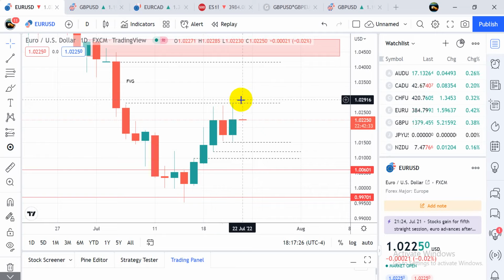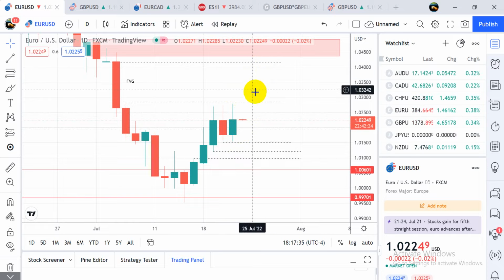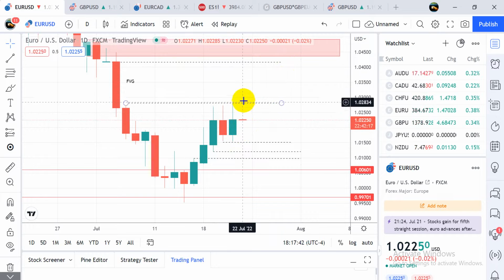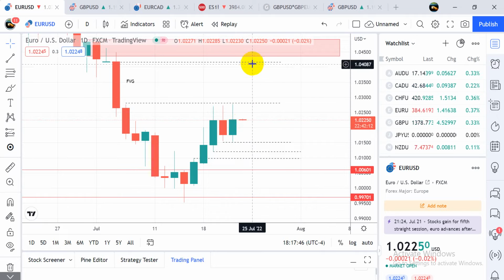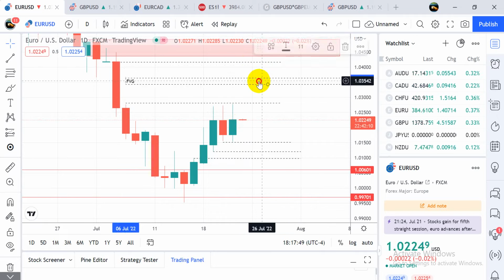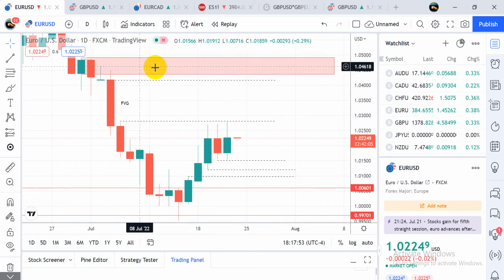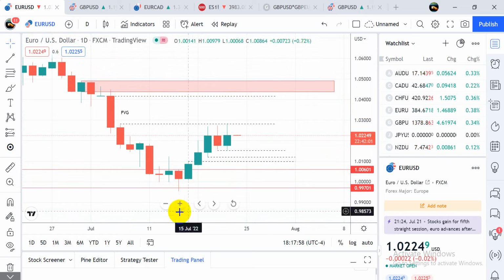before I would expect them to come for the buy side, because I know they're going to spend more time on the buy side, because I would expect this fair value gap to be filled. I would expect this fair value gap to be filled in the medium to long term. Let's say medium term, I would expect price to fill up this gap. Then probably